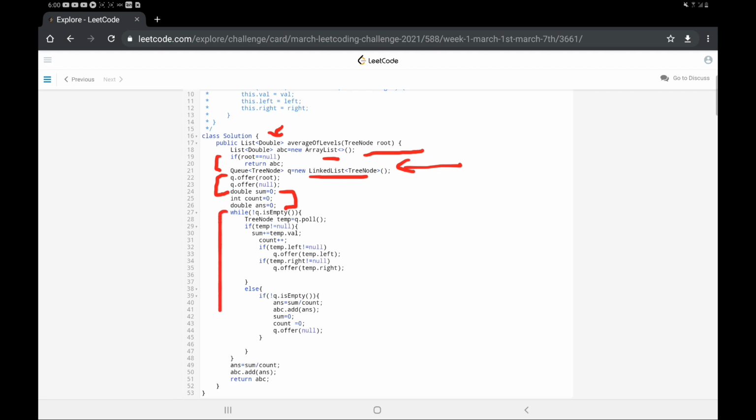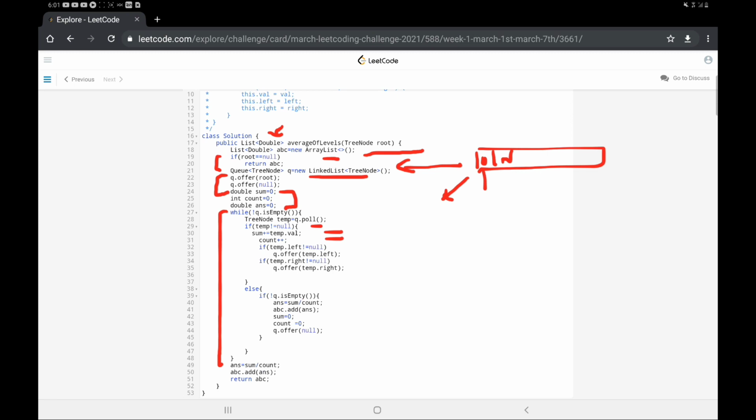All right, so let's see. While the queue is not empty, we will be doing these operations. First, we will pull out the value that is in the queue, and we will check if it's null or not. We know that we will encounter null only when we have completed one level. Initially we have put some value, so we will pull it out from the front end, and we will update our sum variable as well as count variable.